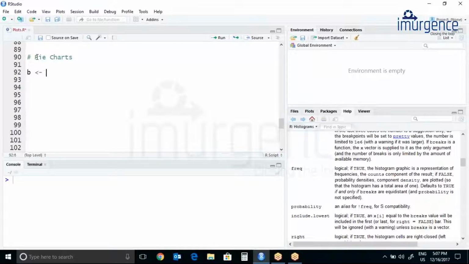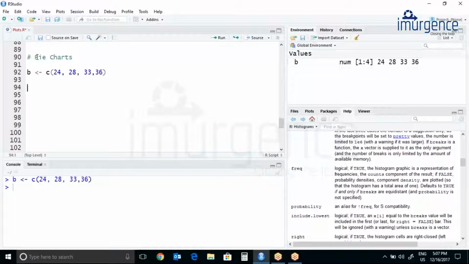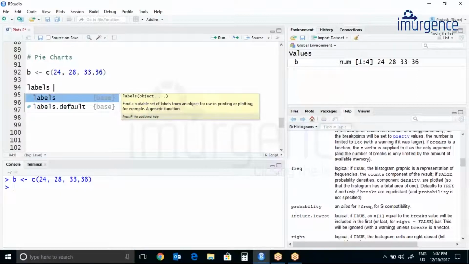So let's create data over here. I'm just adding some random numbers. So let me just put those random numbers. Okay, let's hit Control Enter, and I also want to add labels to my chart. So let's add labels.